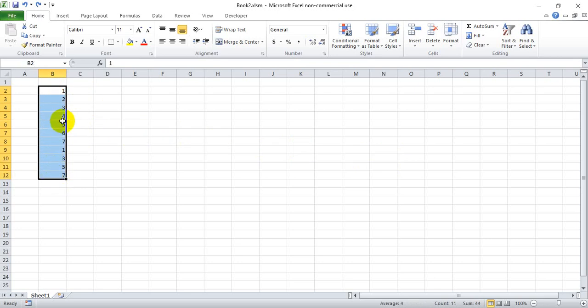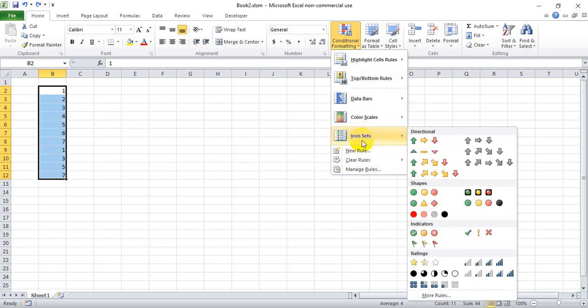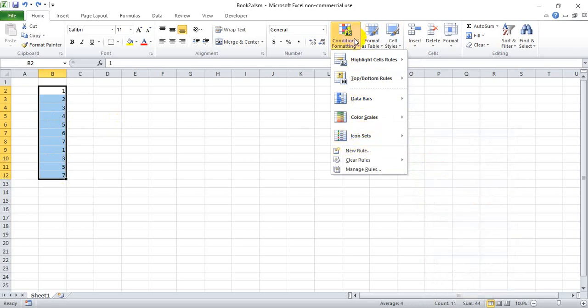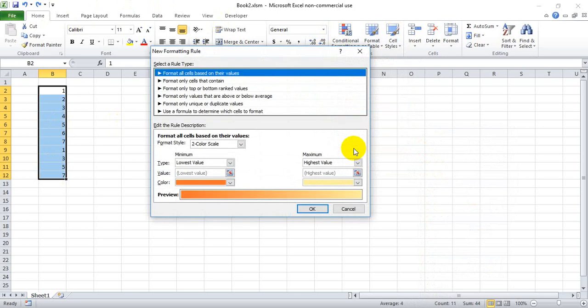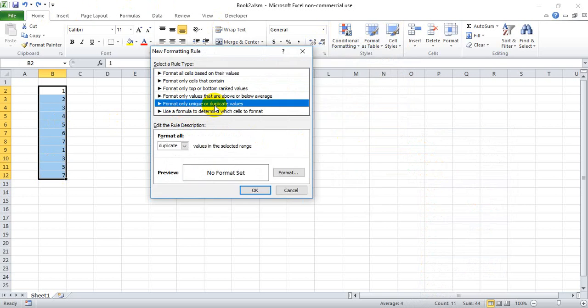And in order to highlight those unique numbers, I'm going to use a conditional formatting that's already set up for us within Excel. I'm going to click the conditional formatting icon underneath the Home tab, and then I'm going to go to New Rule, and then second from the last here there is one that's called Format Only Unique or Duplicate Values. You're going to go ahead and click on that, and then this new dialog box is going to